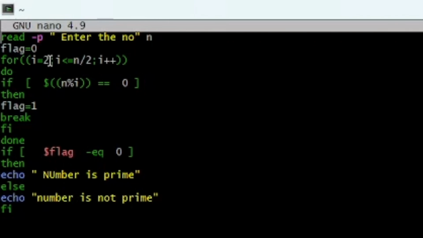That's why we are using i equal to 2, i less than n by 2 and i plus plus. Then you check whether flag is equal to 0. If flag equal to 0, then the number is prime. Otherwise,